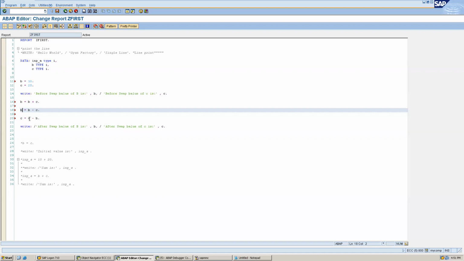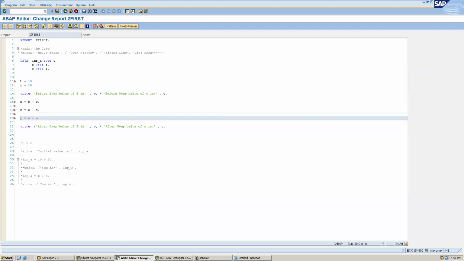And now here, 20 minus 10. Sorry, B minus C, 30 minus 20, will be 10, right? And C is also having the same value in this case. So this is not correct.